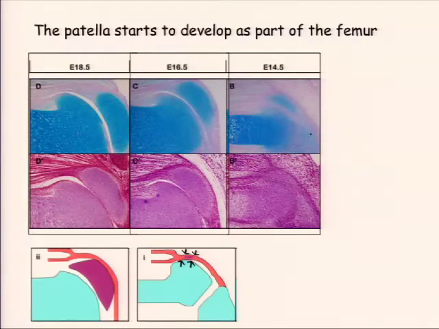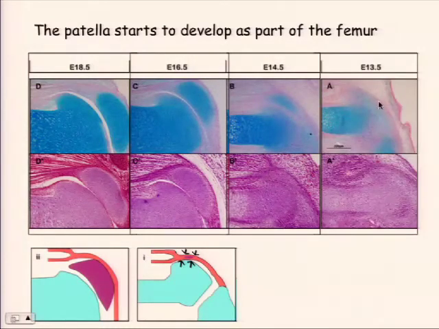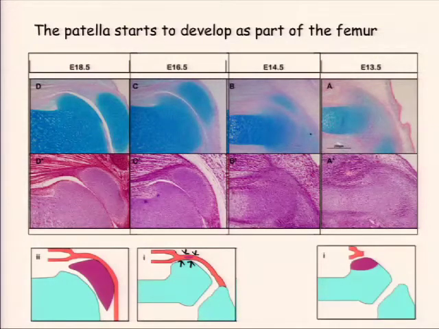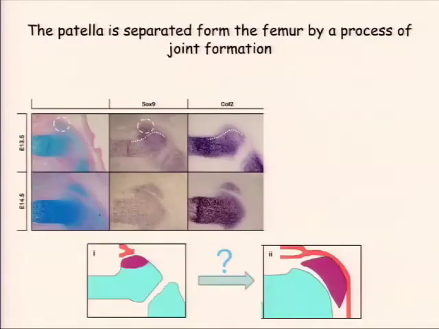And when you look even earlier, you can see just a cloud of cells with no clear boundaries between the femur and the patella, suggesting that maybe the patella actually originated within the femur. That's very interesting, because it suggests that you may have a way to form new bones from already formed bones. To try and understand how that process takes place, we followed different markers like SOX9 and COL2,